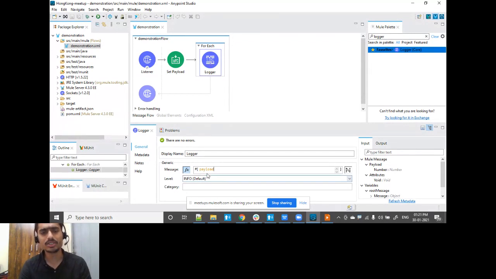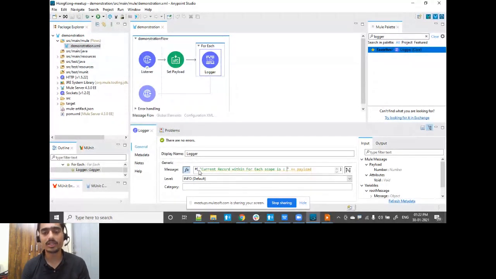So here, I'm just simply using payload to show you the data, and let me concatenate that with a simple message. I'll say: current record within for each scope.